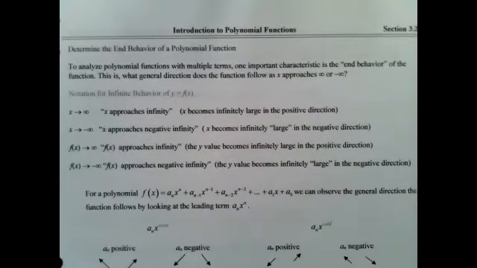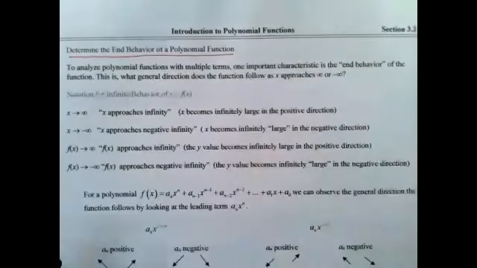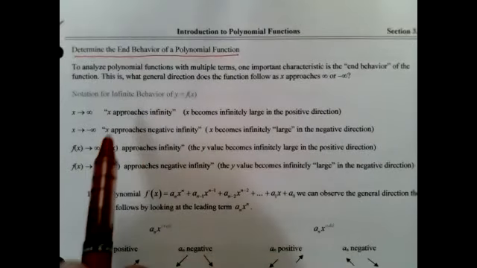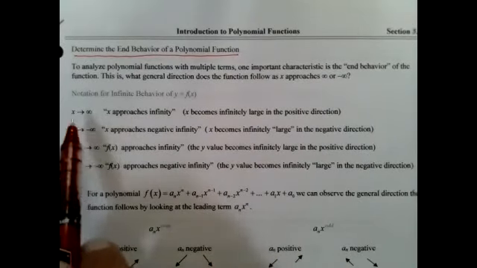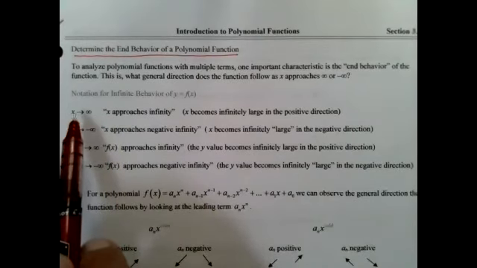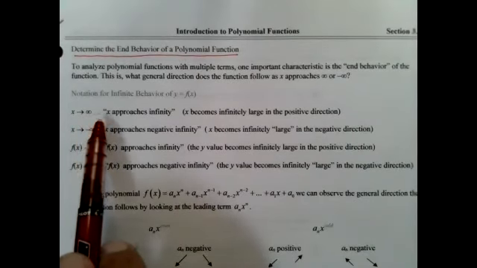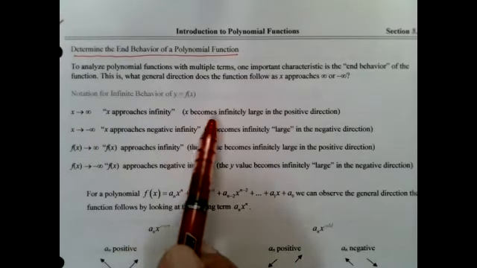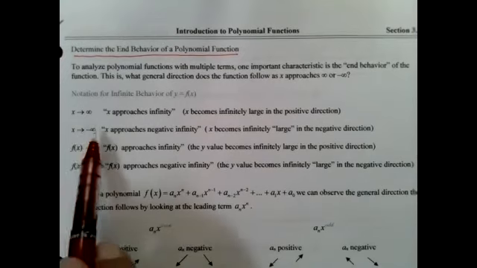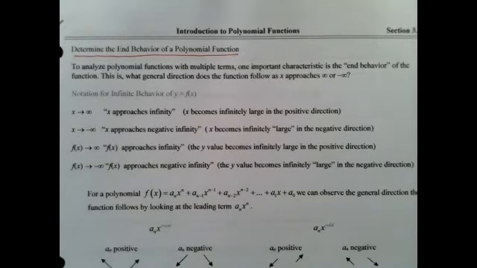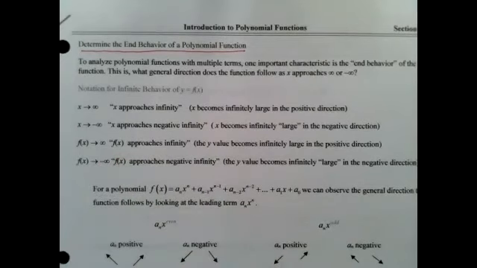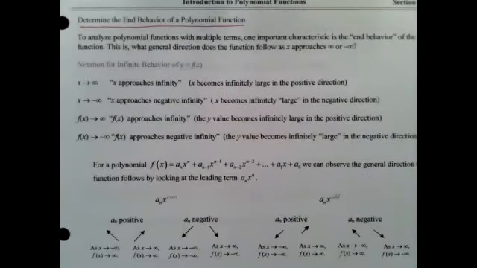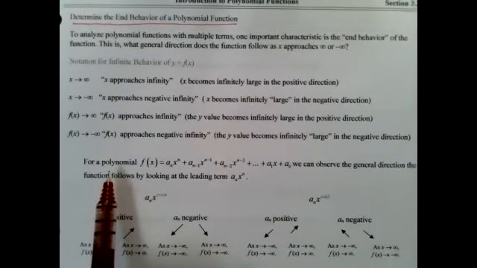Section 3.2, determine the end behavior of a polynomial function. Good. The end behavior. Well, we're going to start with some notation as x approaches infinity. That means my x's are getting bigger and bigger and bigger. 1,000, 2,000, 5,000, 6 million, 20 million, and so on. X approaches negative infinity. We have the term y approaches infinity and y approaches negative infinity. So if I have any kind of polynomial,